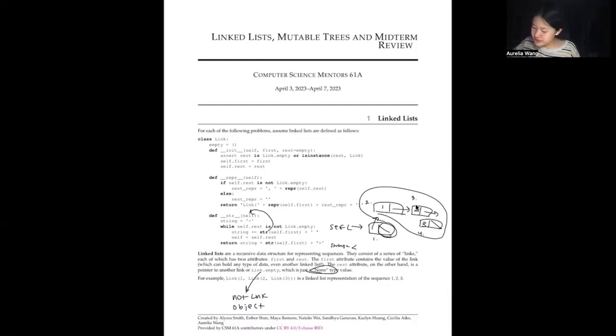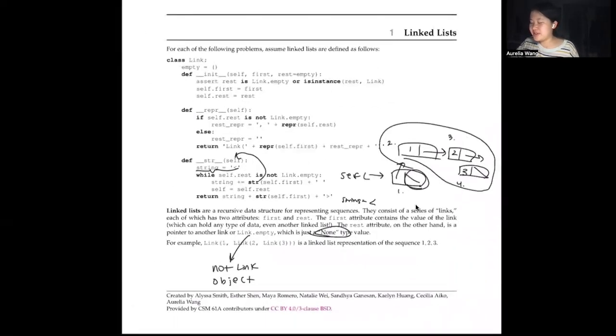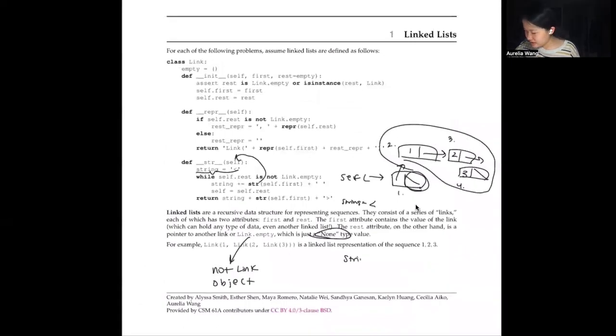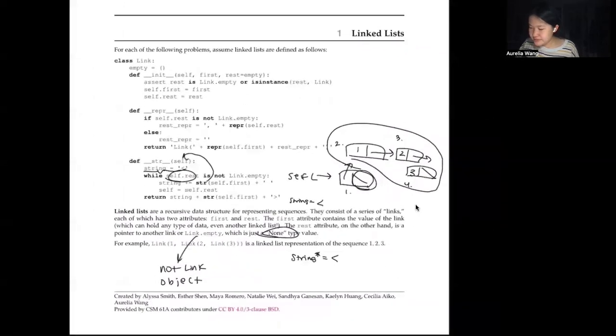And so we're going to have another string in another environment frame, but because I'm not doing that same notation, I'm just going to write string star, but essentially it's the same string name in another frame. So it's going to equal another bracket, and while self.rest is not link.empty,